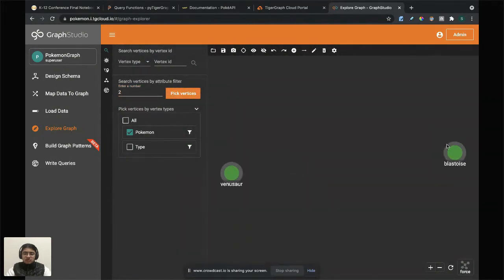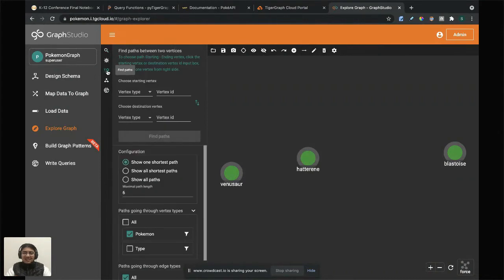So we have Venusaur and we have Blastoise. Actually, we've already kind of explored their similarities. Let's say Venusaur and I don't know how to pronounce that. Hatterene. Alright, so we're going to start with Venusaur, and then we're going to go to this Pokemon called